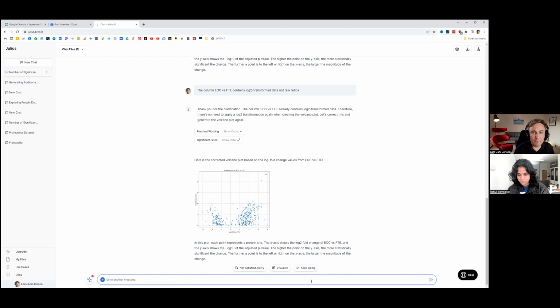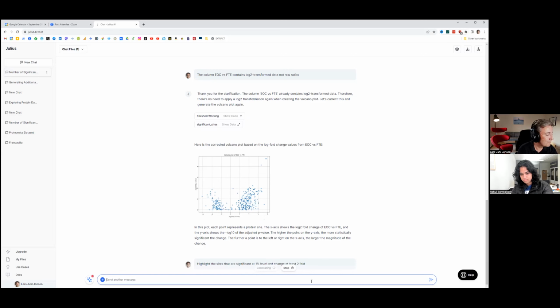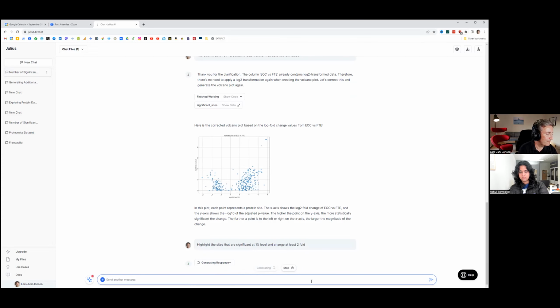So then what you would typically want to do is to put some cutoffs on it and say something like, highlight the sites that are significant at a 1% level and change at least twofold. So that should be the ones that have minus log 10 of the p-value being at least 2, because that would be a 1% level. And at the same time,